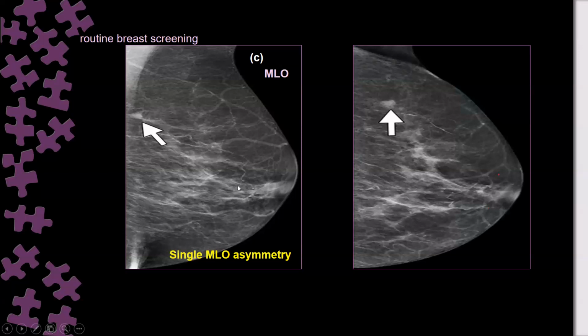Extended lateral, usually we are not selecting directly like this. We have a rule: if you have seen a lesion on the CC view, to select which view, or if we have seen a lesion on the MLO, to select which view. But